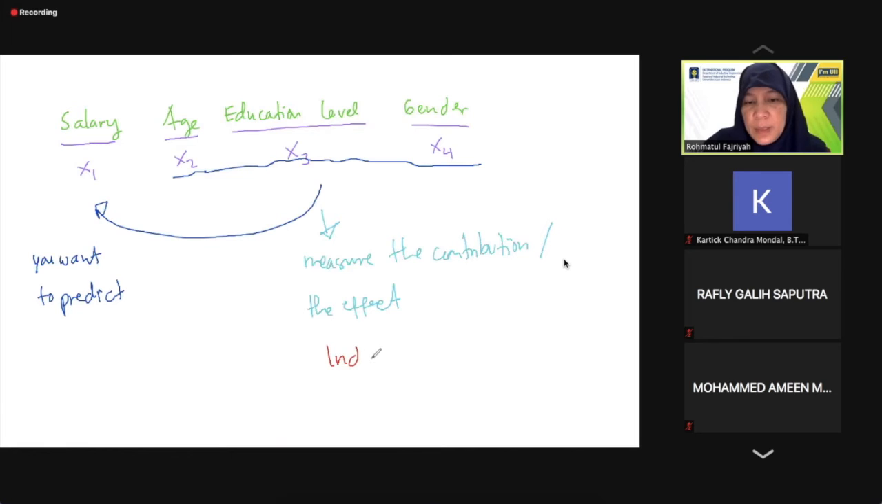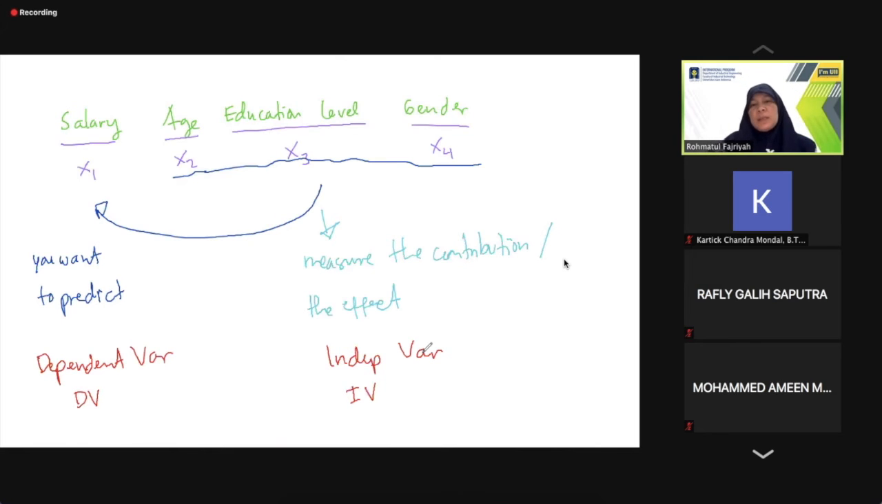This one is the independent variable, and this one is the dependent variable. Sometimes in statistical textbooks you will find them written as DV and IV. But if you identify them wrongly, for example, you would like to measure the contribution